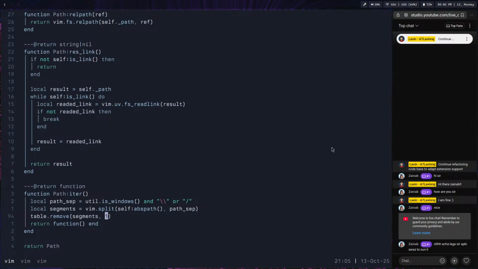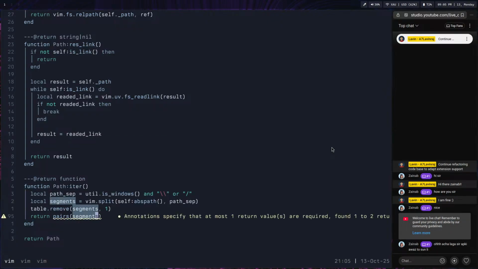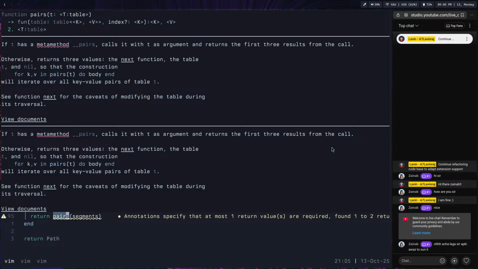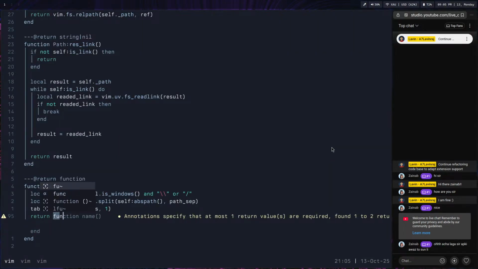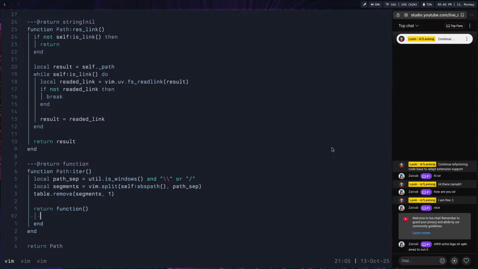let's just do one because Lua is a smart language, and we can return instead of function. I mean, we can just pass it as a pairs because pairs also returns a function, I guess. Yeah, pairs also returns a function, but it's not only a function, it also returns a table as well. I don't like it. So I think we have to return a function with,